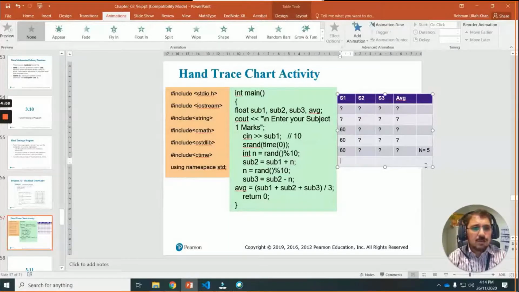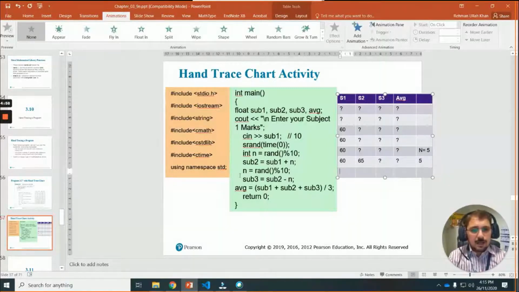So how should I write this line in the table? 60, next 65, next unknown, unknown, and here is 5.